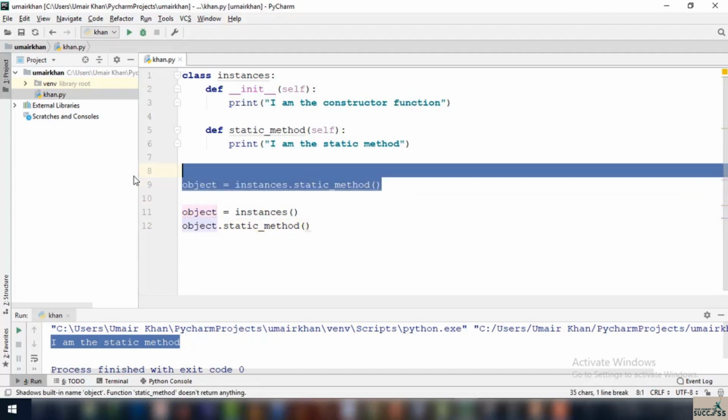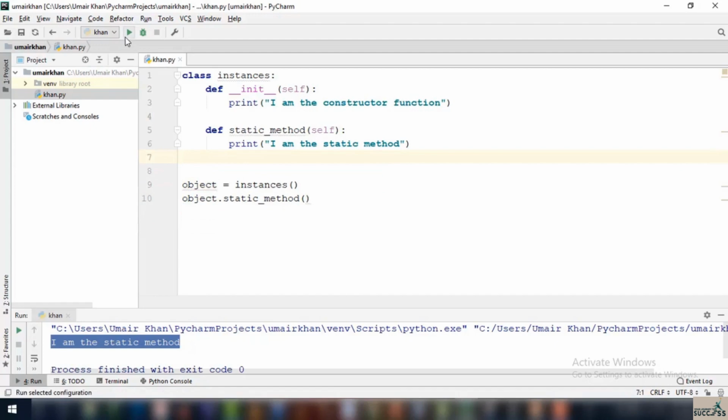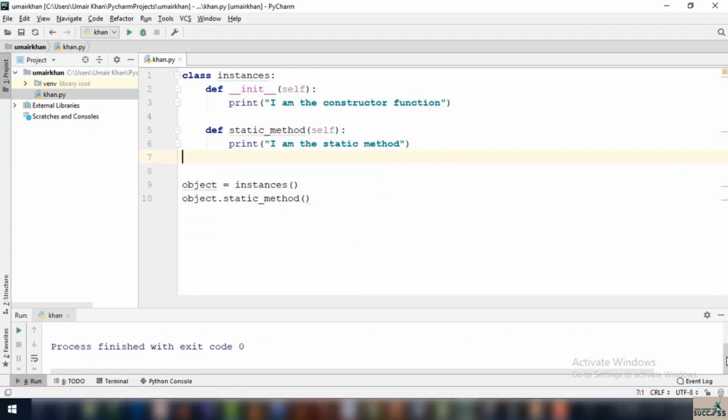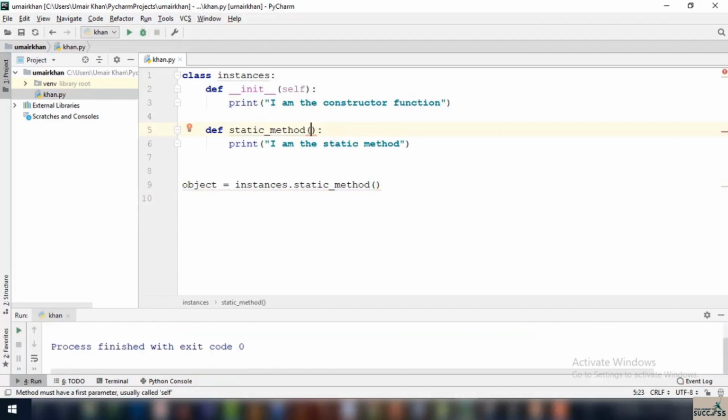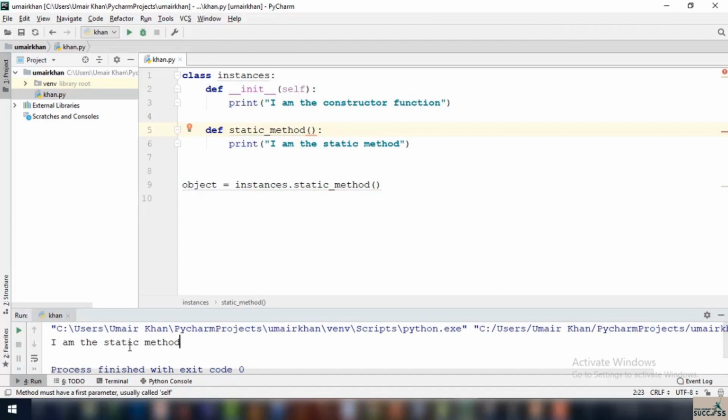For example, if I just remove this from here and I run this now, it executed perfectly and it says I'm the constructor function, it says I'm the static function, but it's not a static function because I have specified this self right here. So all I need to do is press Ctrl Z twice, remove this from here, remove this from here as well. Now run this code